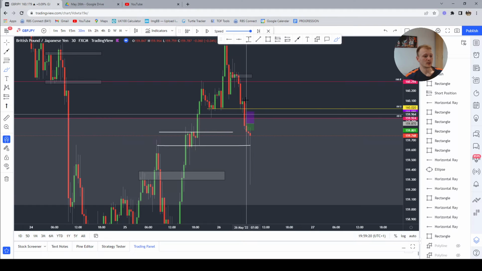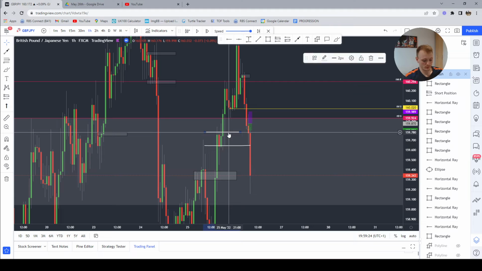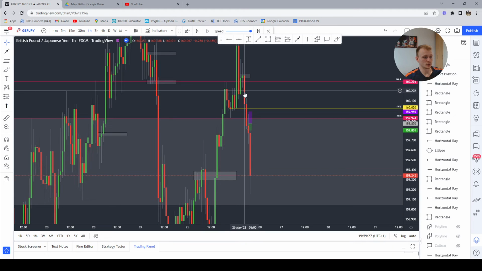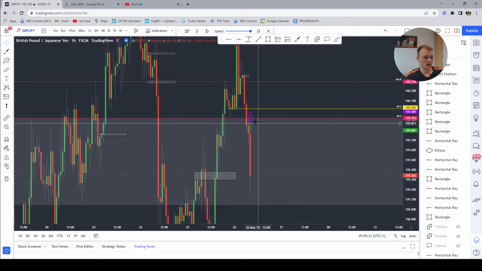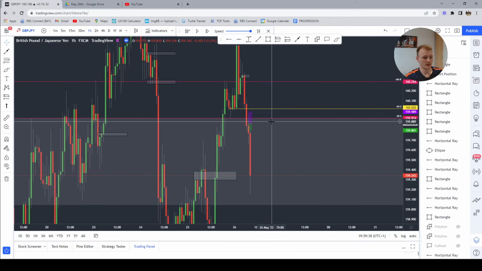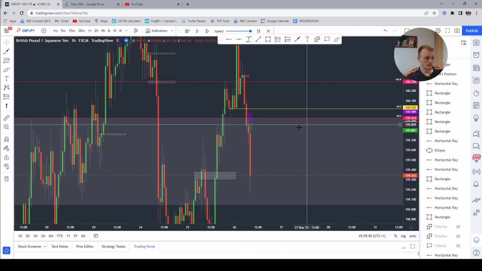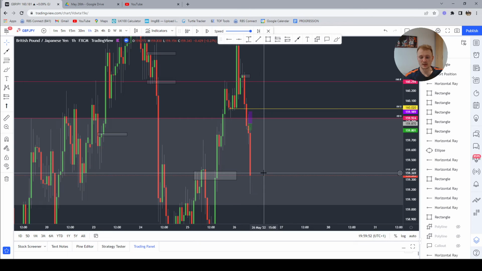But the fact that we did close straight below, and that was a very nice strong close after such a heavy push down from 5 to 6, means we have momentum. It makes sense for price to continue down in this scenario. We obviously don't know where the pullback is, but as you can see with this wick, if I just remove that, we can see that we close below, we then push back up, and we spike back into the support zone on the hourly. Then we start to break back down,